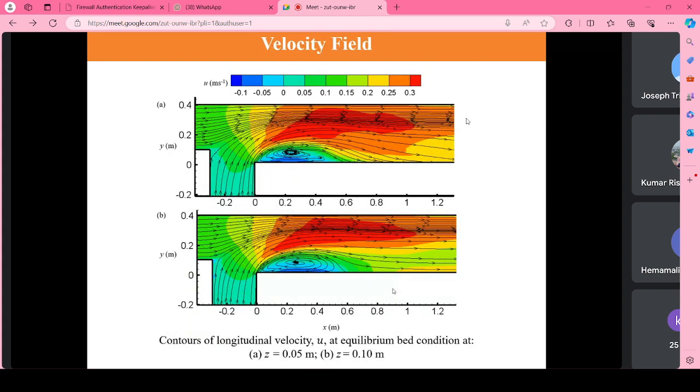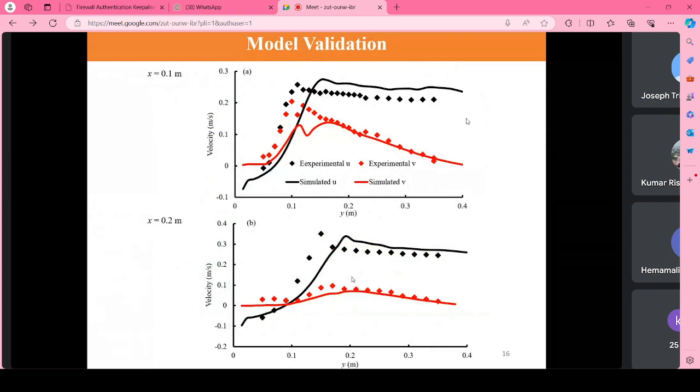Now you see here the velocity field, but we will discuss these things later. So here again, since we validated the model with the bed elevations, we can also validate our model with the velocity data. At two different locations, x is equal to 0.1 meter and 0.2 meter, the velocity along the cross section